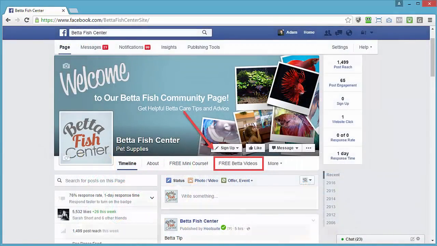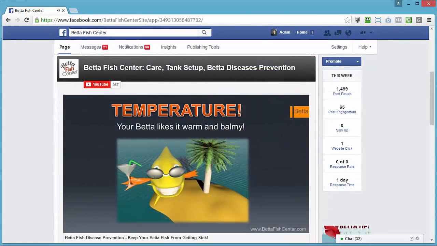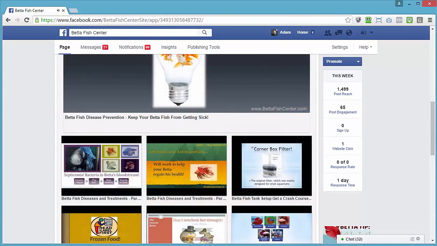Now, when I click that tab, this is what I see. I see basically my featured YouTube video being pulled into the Facebook interface, and then scrolling down a little bit, I see the rest of my YouTube videos displayed there. So what we're doing here is we're giving our Facebook fans the ability to watch our YouTube videos without ever leaving Facebook. And this is really, really powerful because, as I discussed in the last video, the number of views